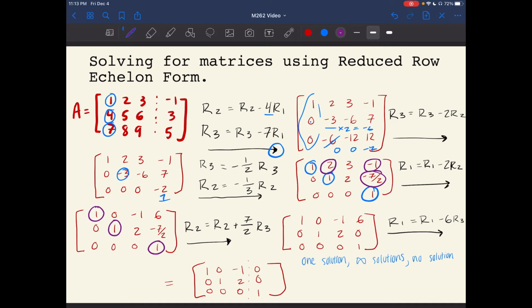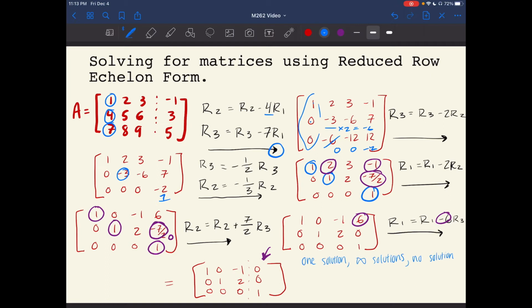similarly by multiplying the third row by 7/2 and adding it to row 2 because it is negative. So now that becomes 0, and similarly in the next step we do the same thing by multiplying by 6 and subtracting it by the first row. So now we have successfully put it in reduced row echelon form, and now it's our job to see how